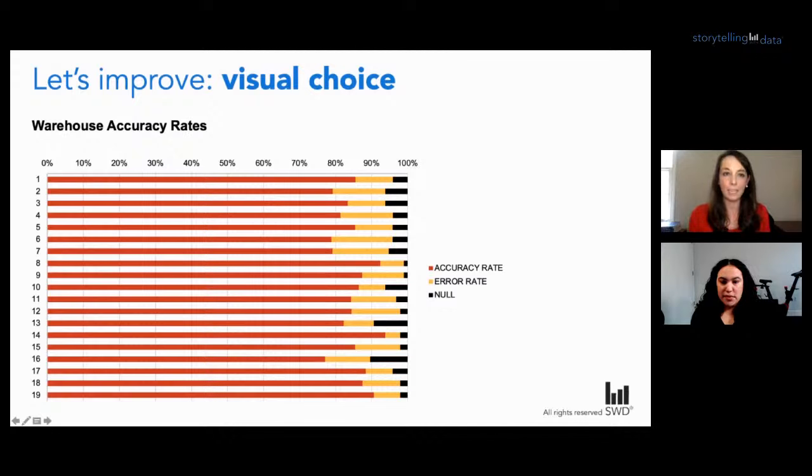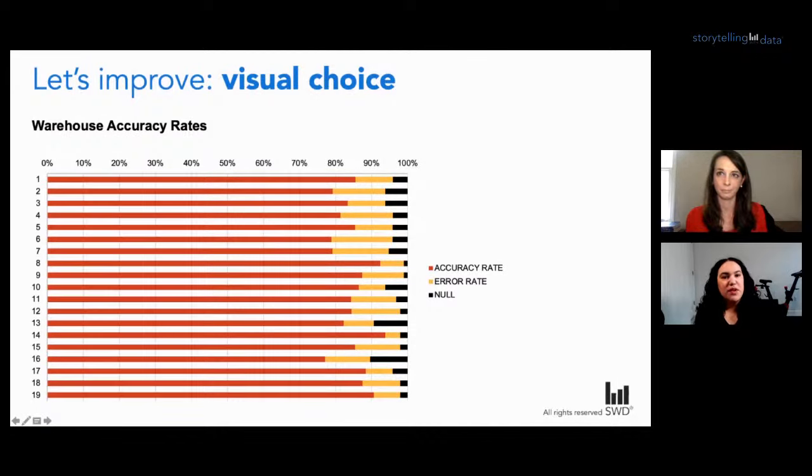So I'm going to land here on my choice of graph. I think this is going to be a more effective choice to eventually tell that story. But before I go further, I want to just pause and ask you all to share with me what other changes could we make at this point. So we've chosen the visual. What else would you like to change about this graph?